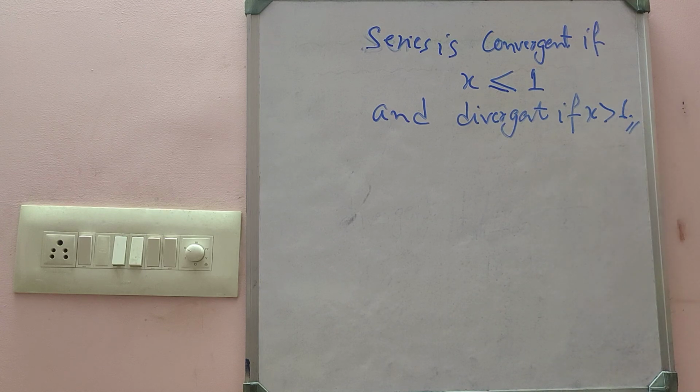So today we saw varieties of problems to check the convergence of the series by using ratio test. In the next part we will use the series test where ratio test fails. Then we have to use Raabe's test. So in the next part I will take the problem of Raabe's test.